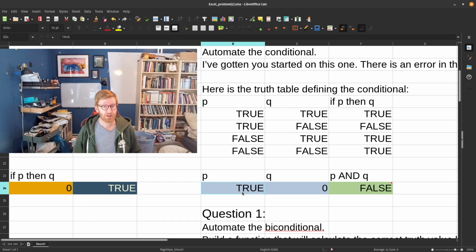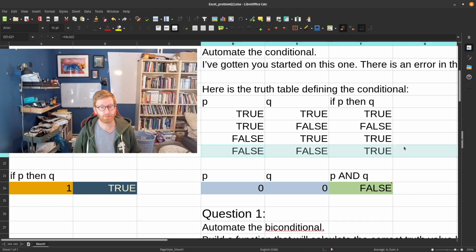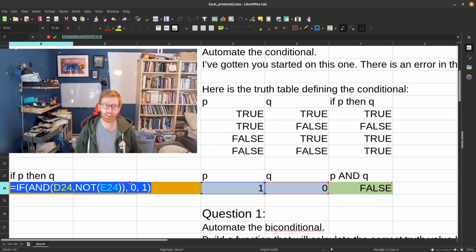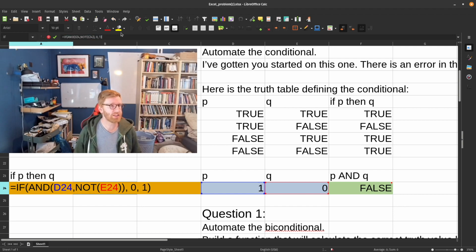So this gets us the answer, right? So if we say 0, 0, we get 1, which corresponds with true. If we say 0, 1, we still get 1, corresponds with true. If we say 1, 1, we still get true, that corresponds with true. And if we say 1, 0, we get a 0. So here we used an if statement to get that. We can actually make this even simpler and just say,